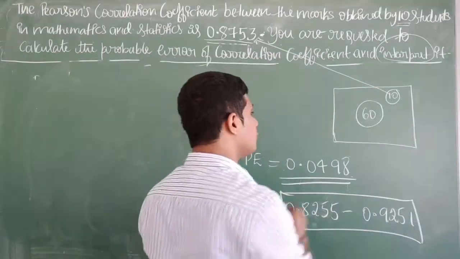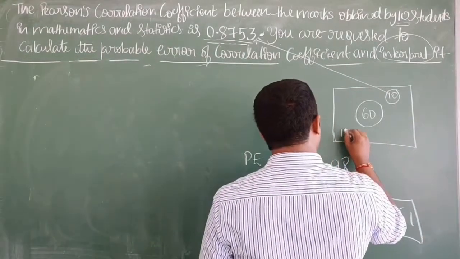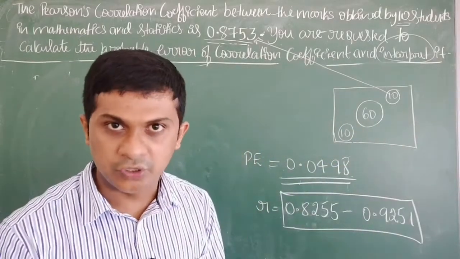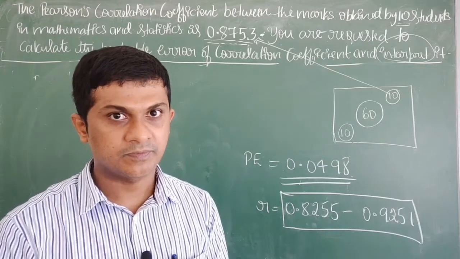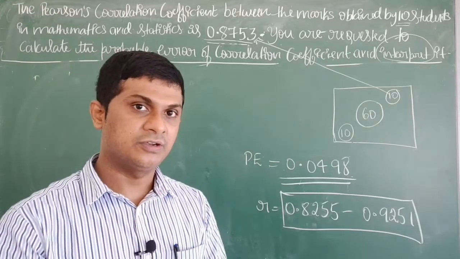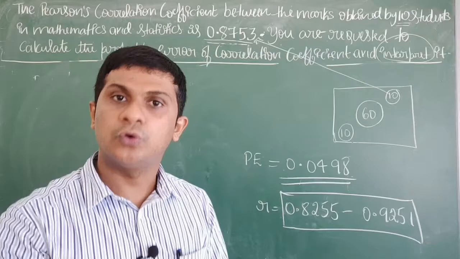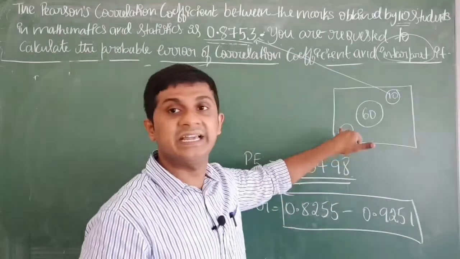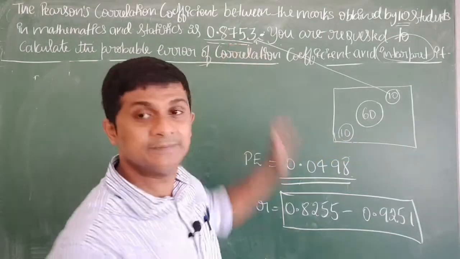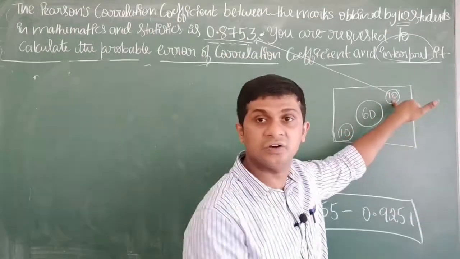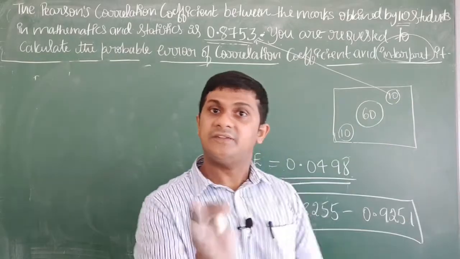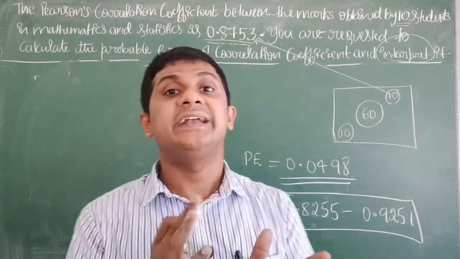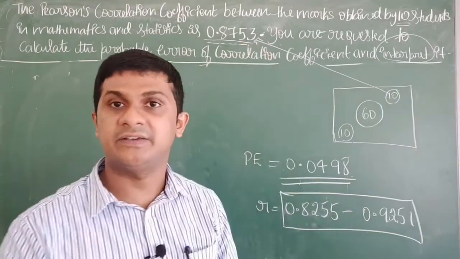Okay. Now, what if I choose another 10 students and then calculate the correlation coefficient value? Do you think the value of correlation coefficient which we are going to get for these 10 students will be the same as 0.8753 which we got for the first 10 students? Definitely it may not, right? It may or it may not, but there are more chances it may not be equal to 0.8753.